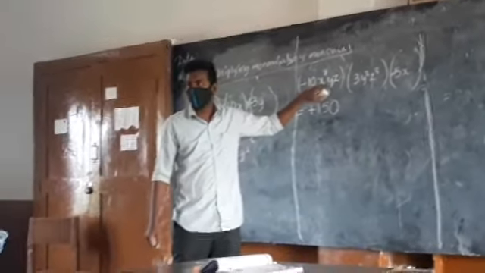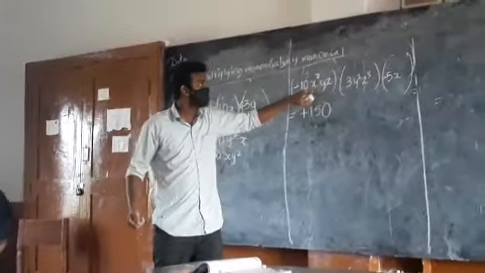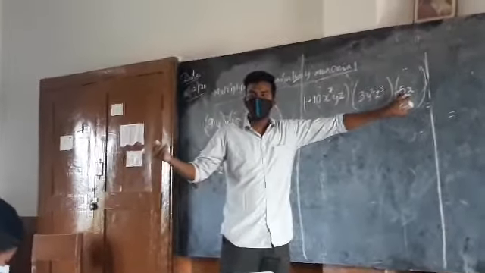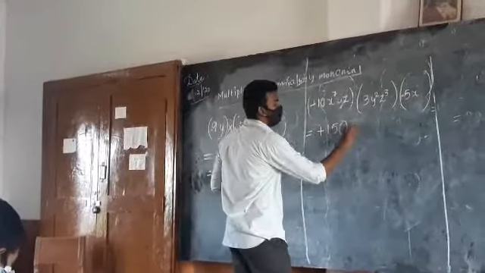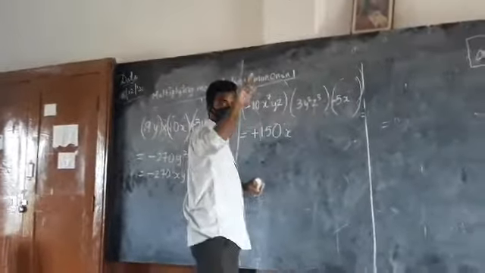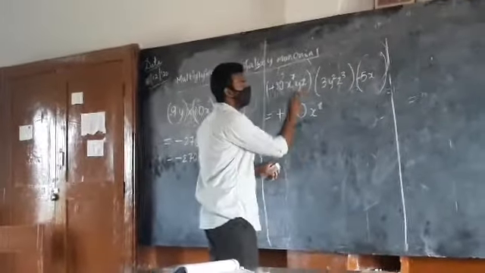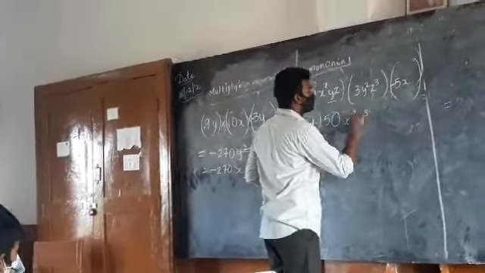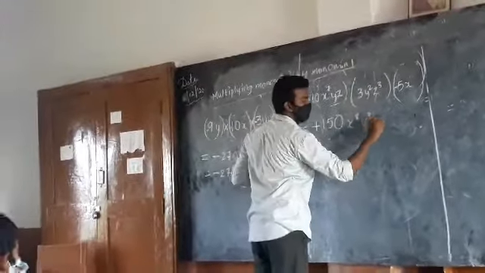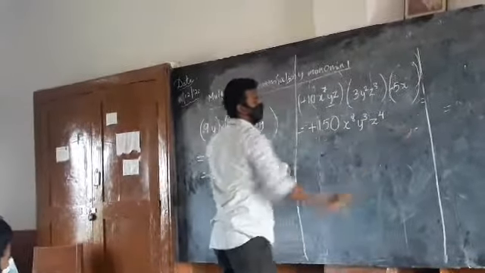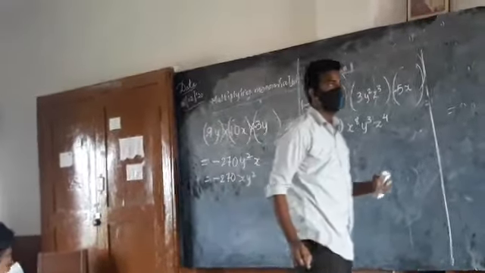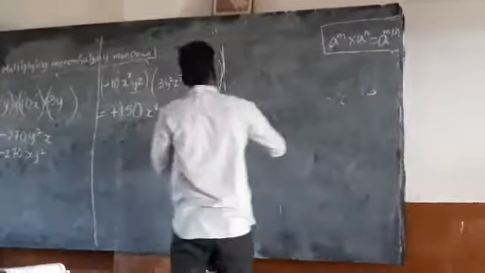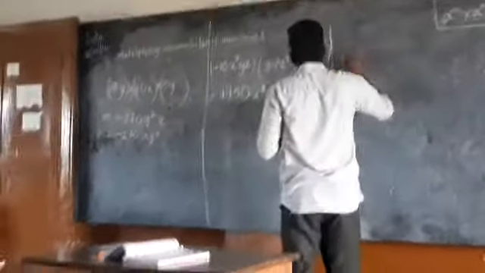Now go for each variable. Take the x variable, x power 8. 7 into, no, mention this, so x power 8, because x power 7 into x power 1 is x power 7 plus 1, 8. Very good. Now y power 3. Very good. z power 7. Yes, that is how we are going to multiply.